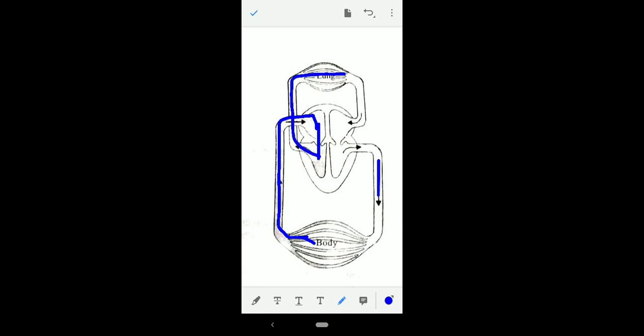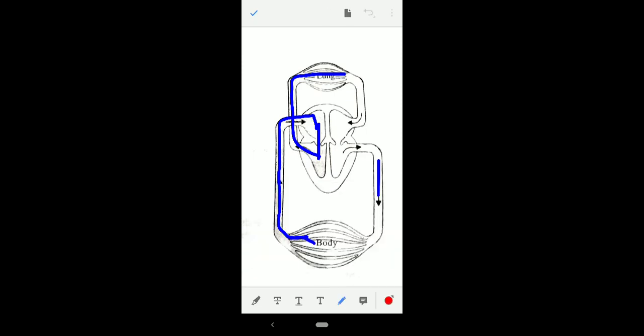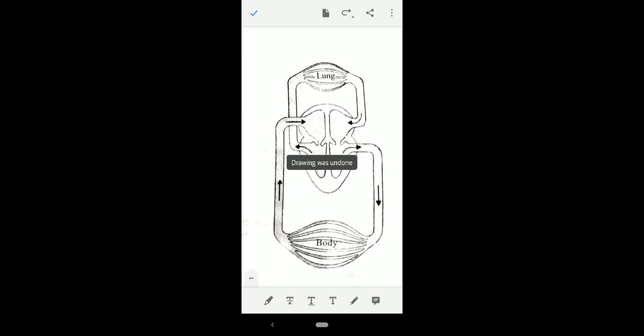So it came once, and went once. So this is the one round. Go for the second round. In the second round, blood enters from the lungs, that is oxygenated blood, into the left auricle. From the left auricle it enters into the left ventricle, and from the left ventricle it enters into the body through aorta. So blood enters into the heart twice and it leaves the heart twice. That's why it is a double circulatory system.